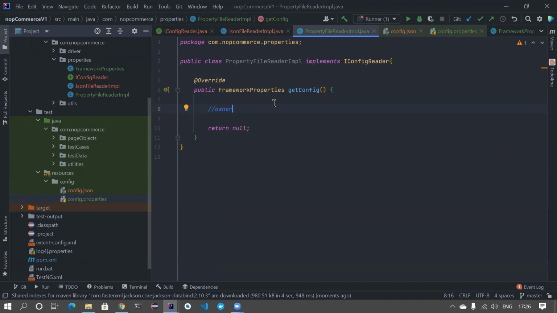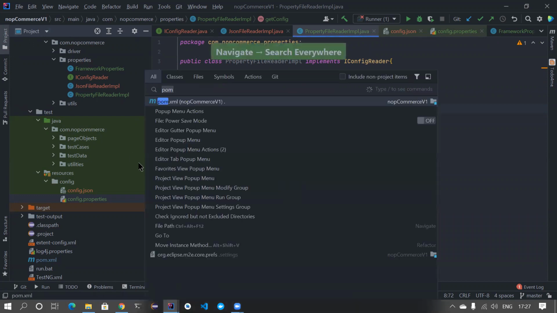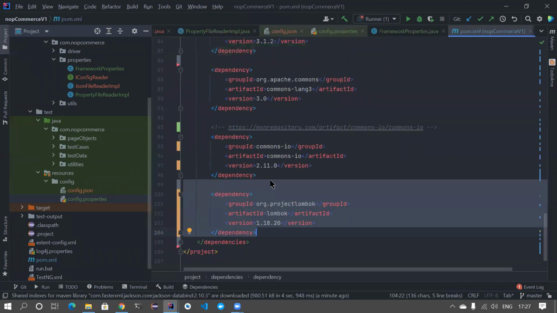But for now, what I'm thinking is I'll just show you guys how we can do the implementation with this open close principle. Okay, there is one library called Jackson dataformat, which can help you to map your properties to a Java POJO. Okay, I can also use this. So what I'm going to do, I'll go to the pom.xml, and then I also have that.